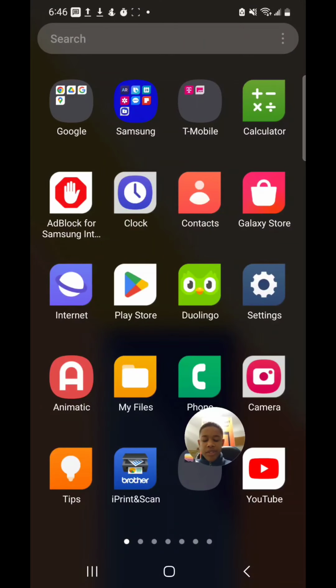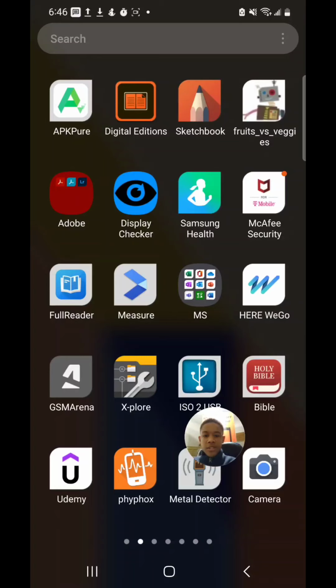Okay, and then we have Brother iPrint&Scan, which allows me to print, and I just use it to print from my phone to our Brother printers. And then we have Adobe Digital Editions for downloading ebooks, but I don't have any ebooks that support that right now. I have this random application that I was using to test for MIT App Inventor,